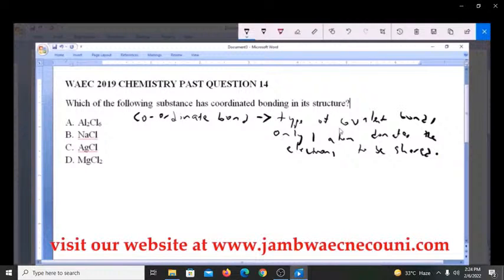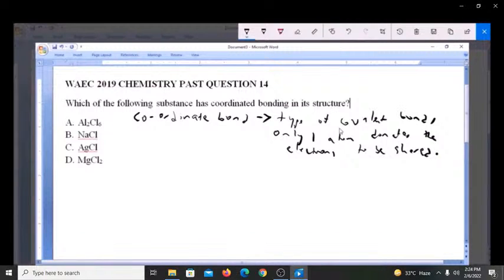Now that we've established what coordinate bonding is, the first option is aluminium chloride, made up